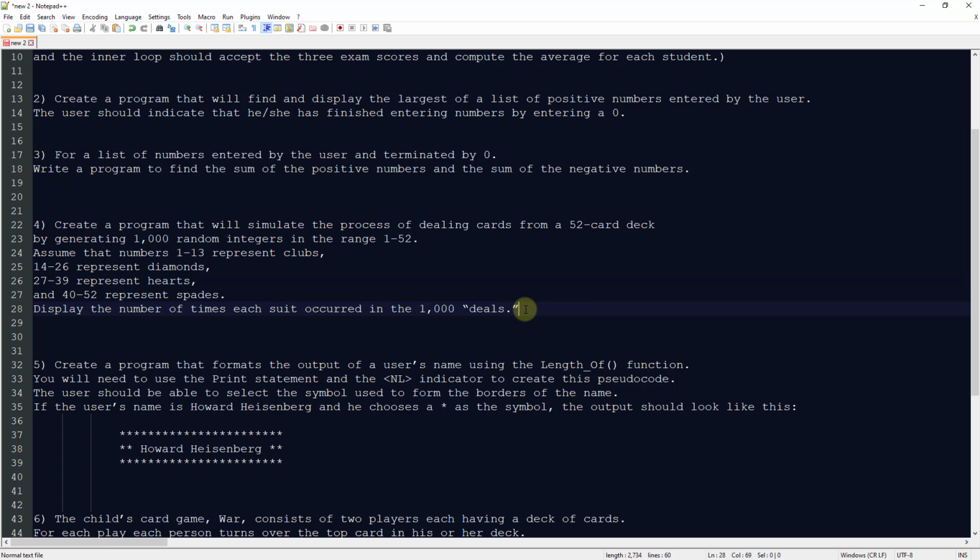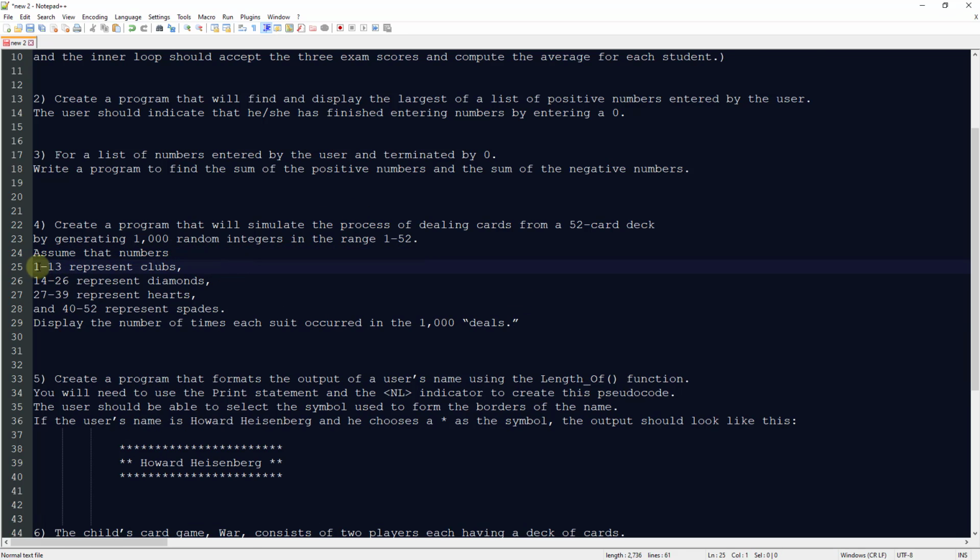Now what we're working with here is a number of different things, but if we take it in small bite-sized chunks, it's pretty easy to write the program. We have to remember that we're dealing with 1 to 52, and then we're dealing with 4 suits of numbers. You know that we're dealing from 1 to 13, so that's clubs, diamonds, hearts, and spades. So we have to use the random generator in Raptor to generate a number between 1 and 52, and then do that 1,000 times. So we're going to count up to 1,000 until we get 1,000 deals, and then each time it does a deal, it's going to check to see which value it's in, and then put a number in there and increase that.